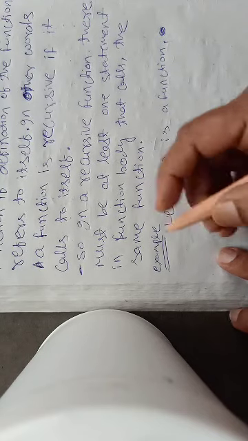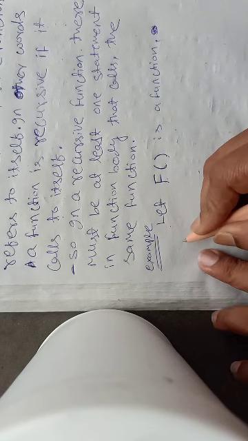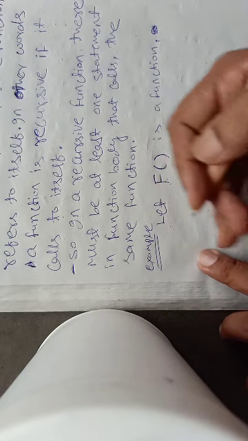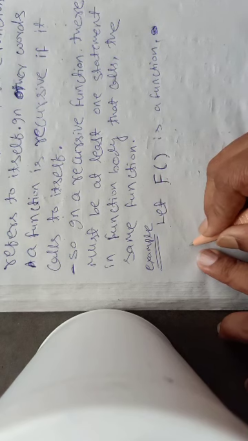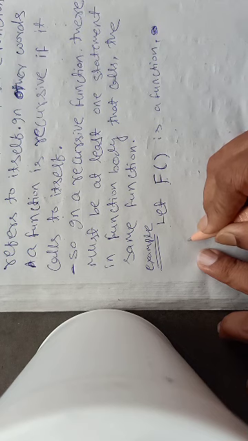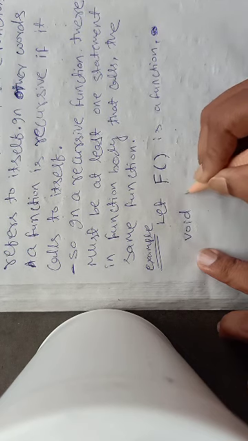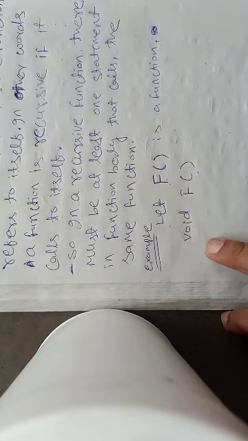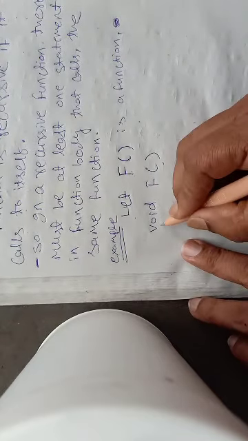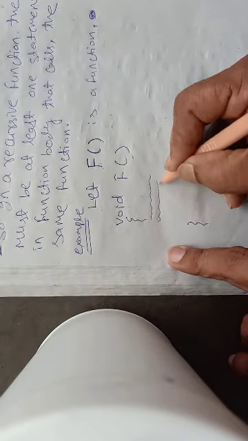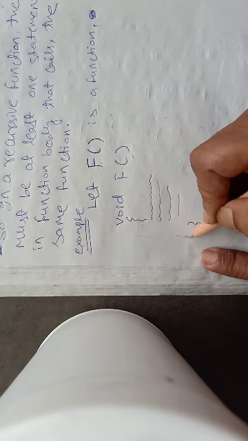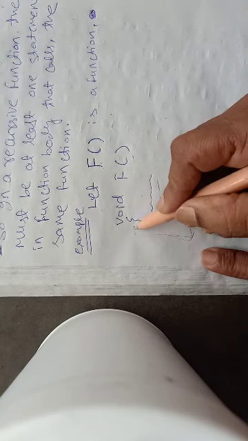If we follow C or C++ language, a function could be defined like this. Suppose f is the function. I am giving you the syntax of C or C++. We write the function return type, let's say the return type is void, then f, which is my function, and then we must have an open bracket and a close bracket, and this part contains some instructions. We call this the body of the function.